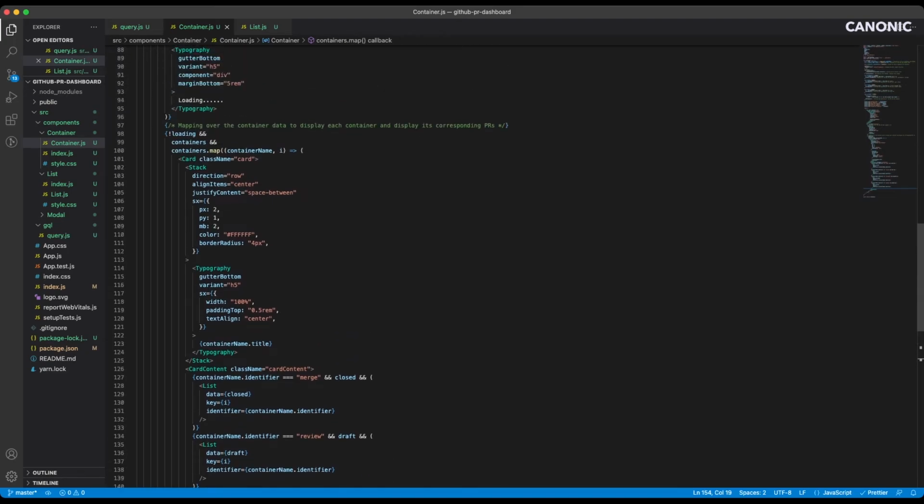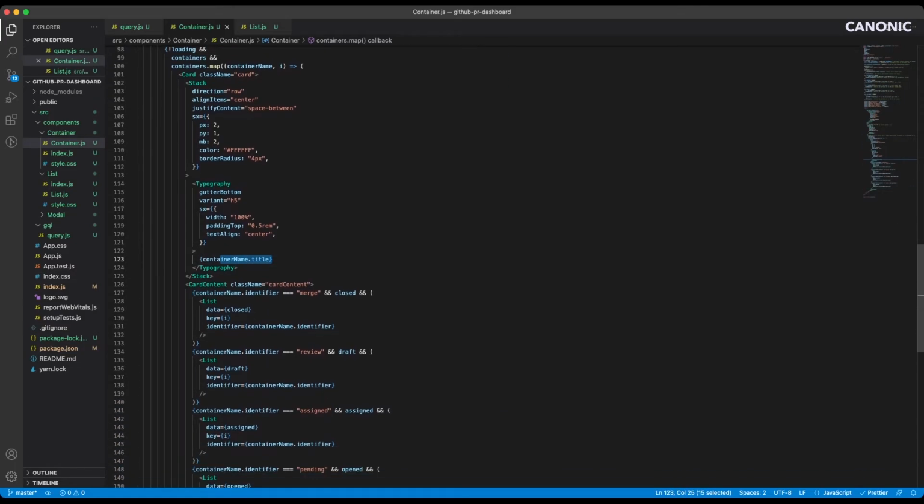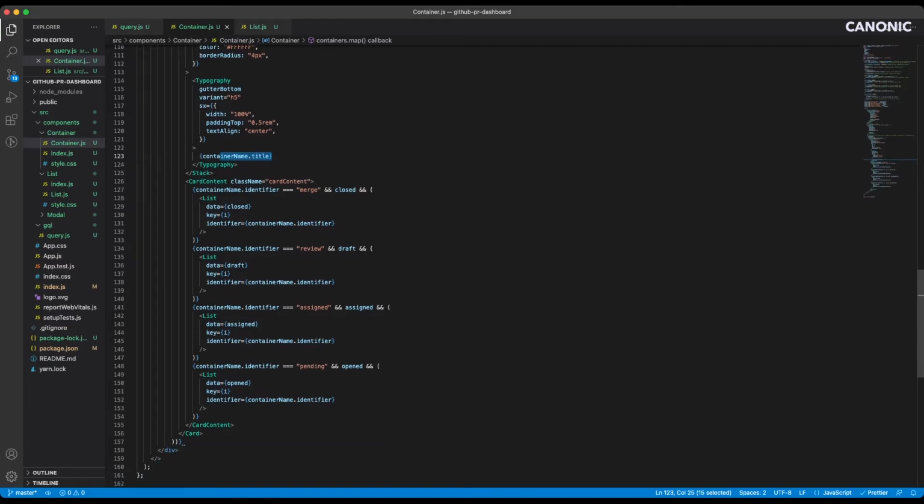Great. So now when the loading is finished, it will loop over all the containers. It'll show the container's title here, and all the respective PRs in their columns which are filtered.